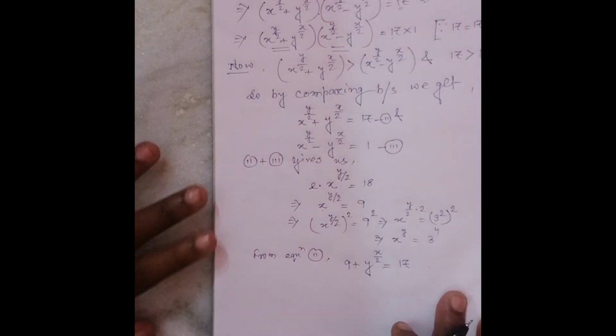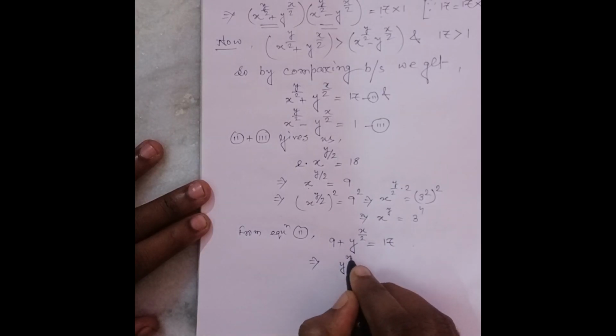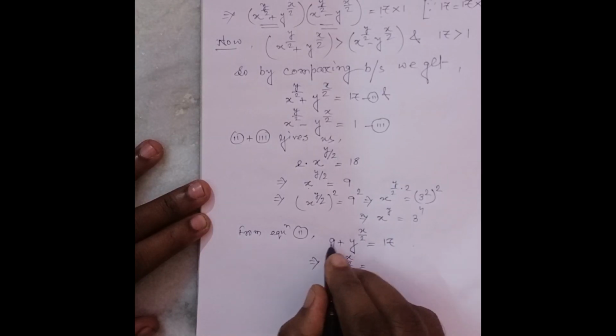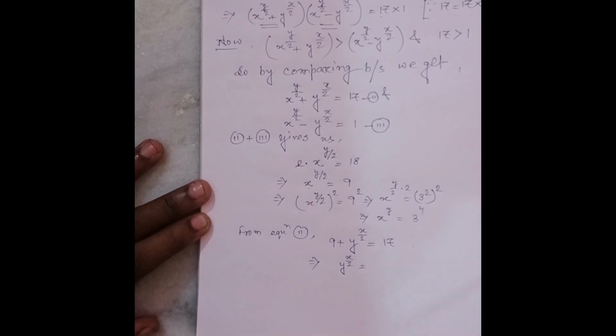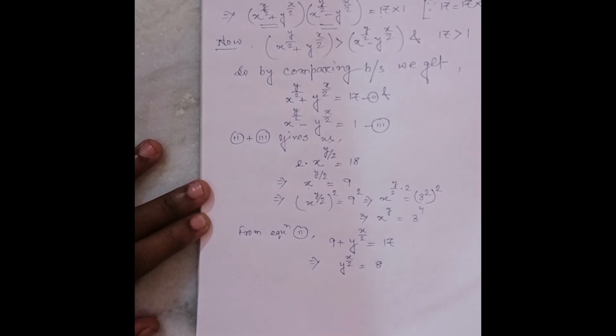So y to the power x by 2, this 9 goes to the right hand side and being subtracted from 17 gives us 8. 17 minus 9 is equal to 8. Squaring both sides,